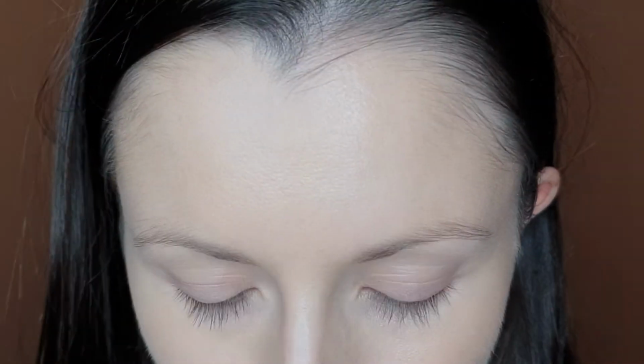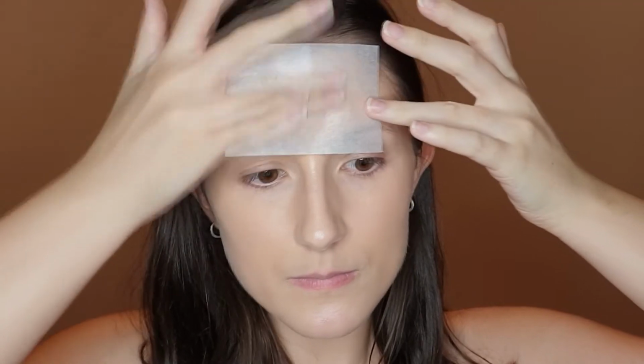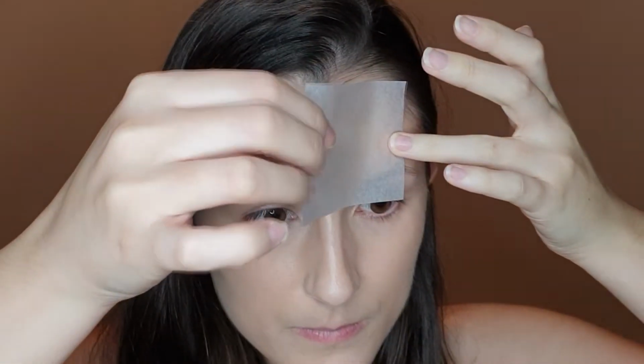Now this is the final check-in because I do want to go to bed, but I can totally believe that I could wear this foundation for the 13 hours that it claims. It still looks really smooth on my chin and around my smile lines, which are usually my problem areas where foundation gathers, breaks up, separates, looks funky,